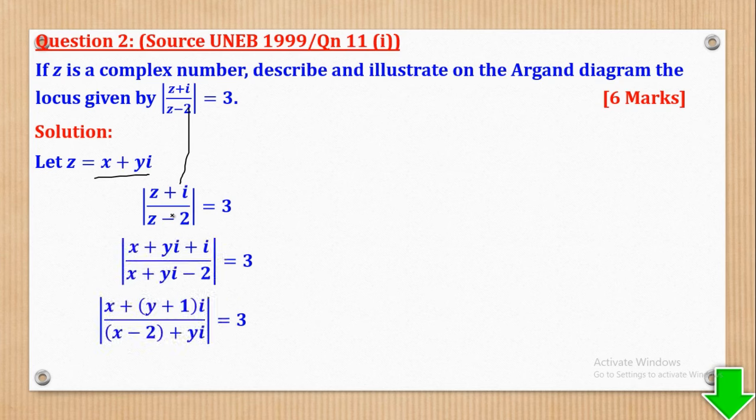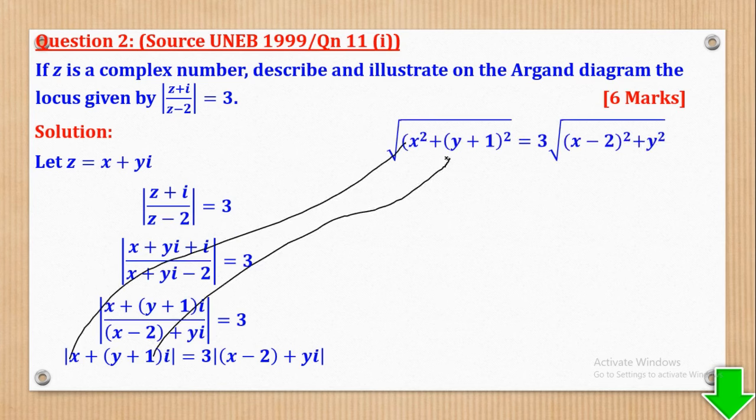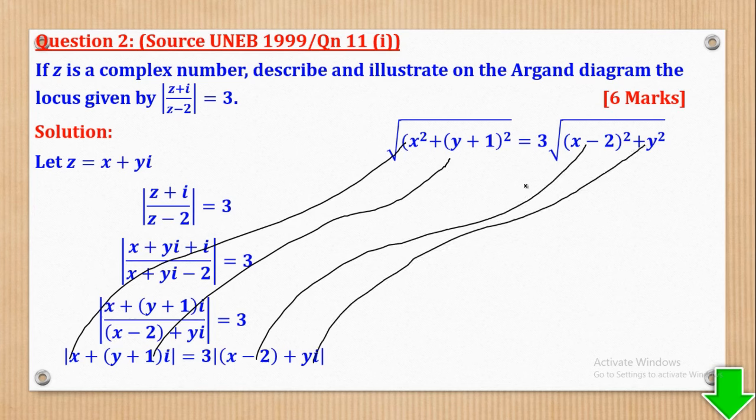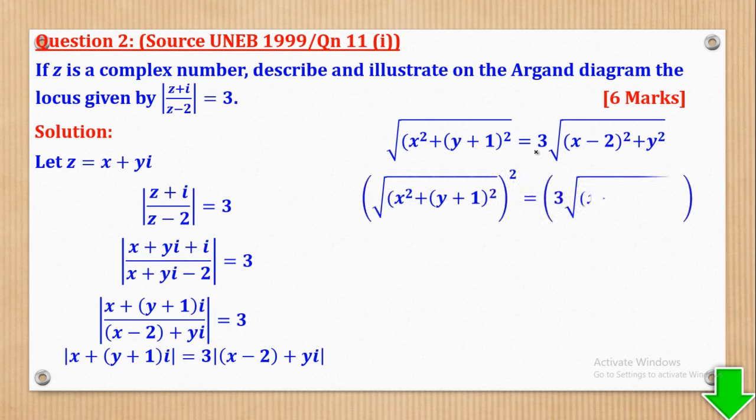Here we shall simplify by collecting like terms together. Then we can cross multiply, take this one this side, come up with this line. After that we can get our modulus. So modulus is this squared plus this squared, everything under square root, this squared plus this squared, everything under square root. You don't forget this 3. Then after that we are going to square both sides. So when you square both sides, we shall come up with this,